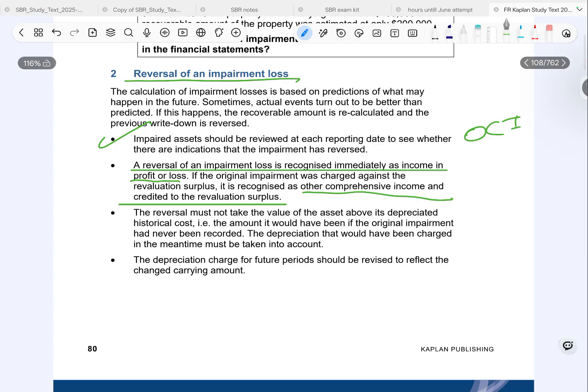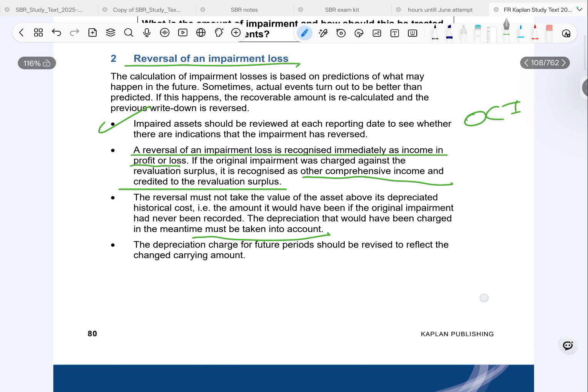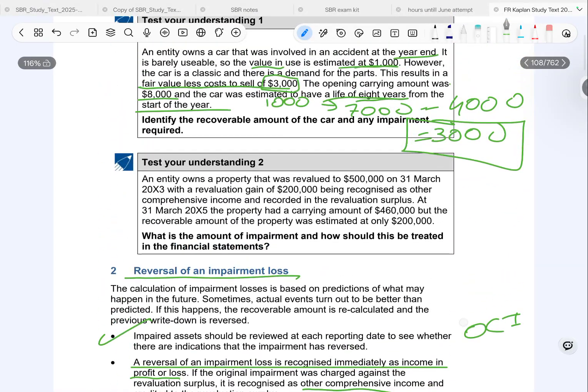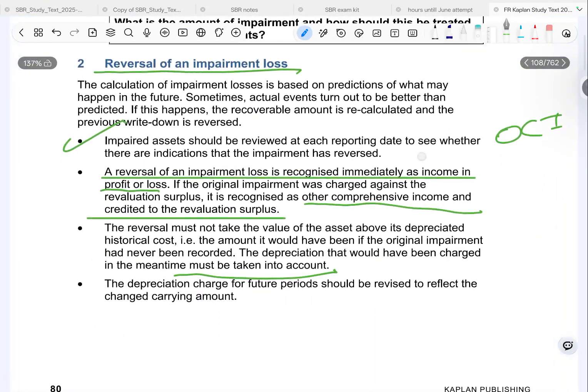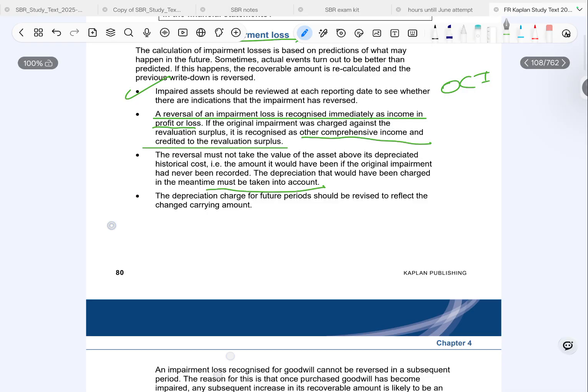The reversal must not take the value of the asset above its depreciated historical cost, that is the amount it would have been if the original impairment had never been recorded. The depreciation that would have been charged in the meantime must be taken into account. So again, let's see this with an example from this sum only. Let's say the asset was 8,000 at the start of the year. At the end of the year, we need to charge depreciation of 1,000 every year, as given in the sum. Now at the year end, we got the value of the asset as 3,000